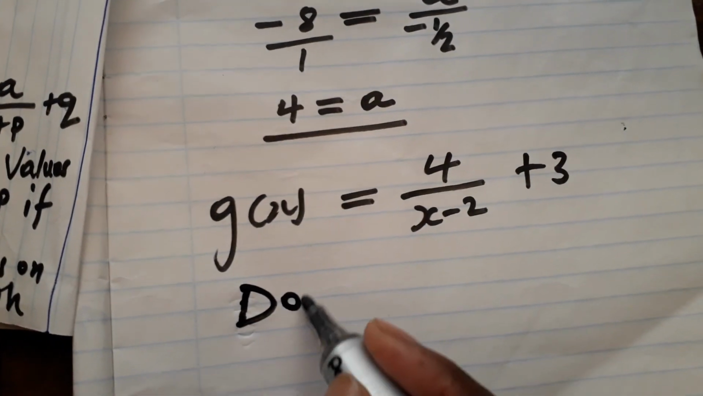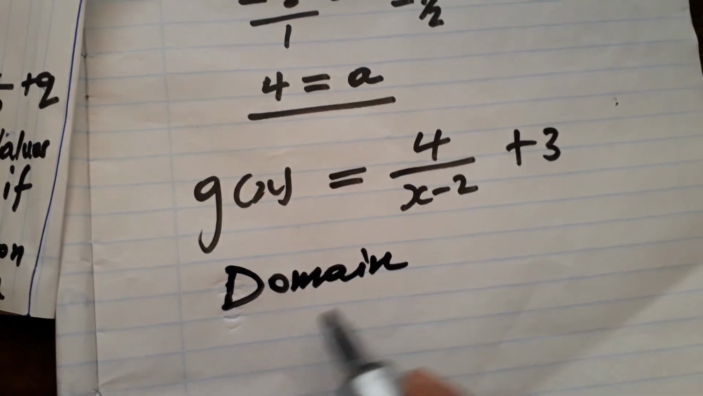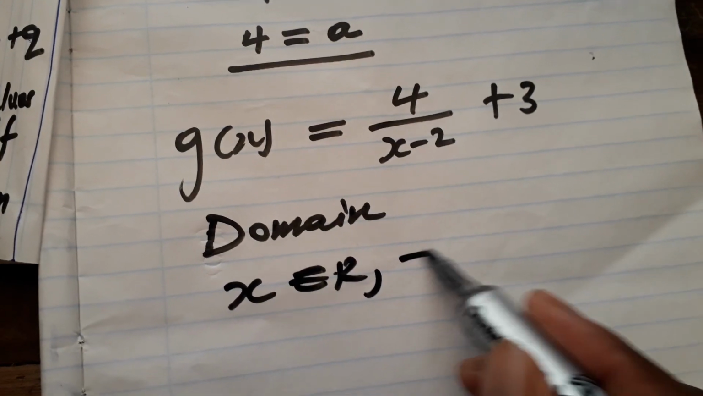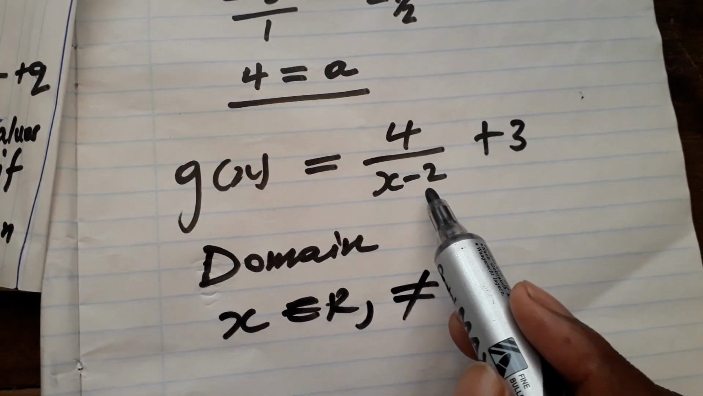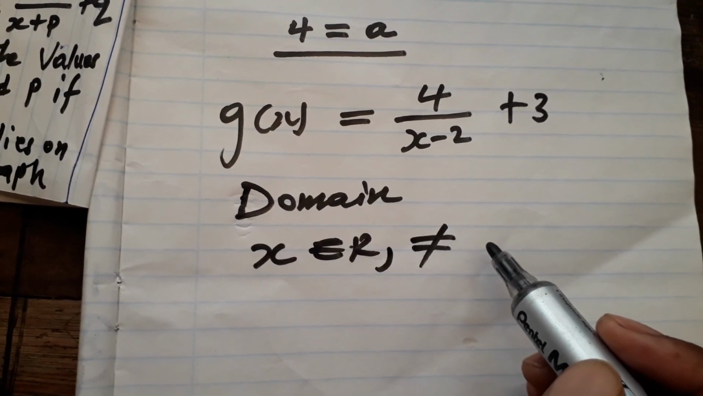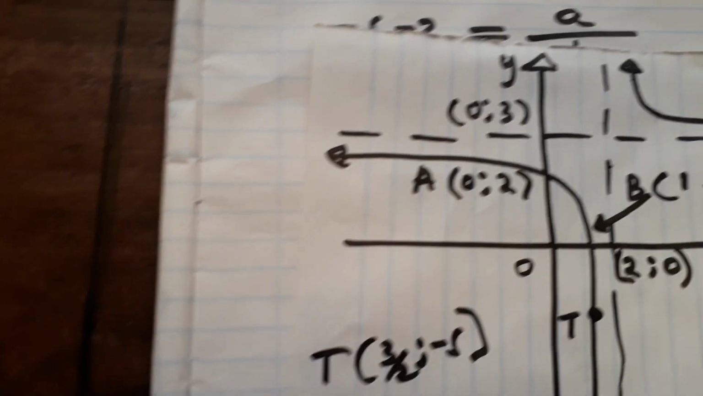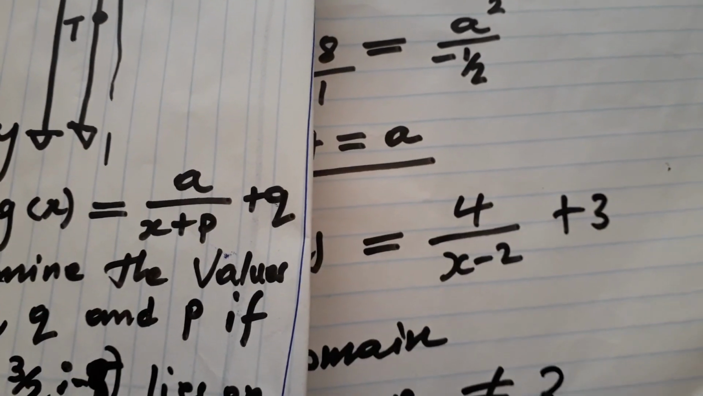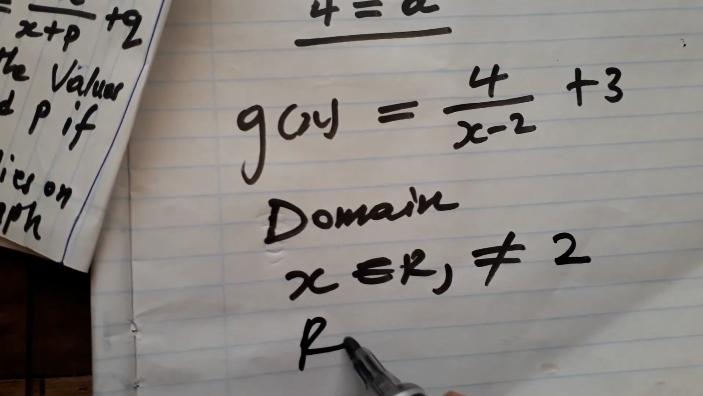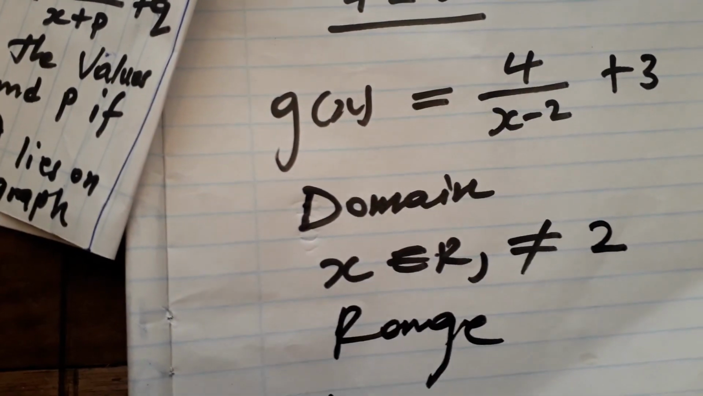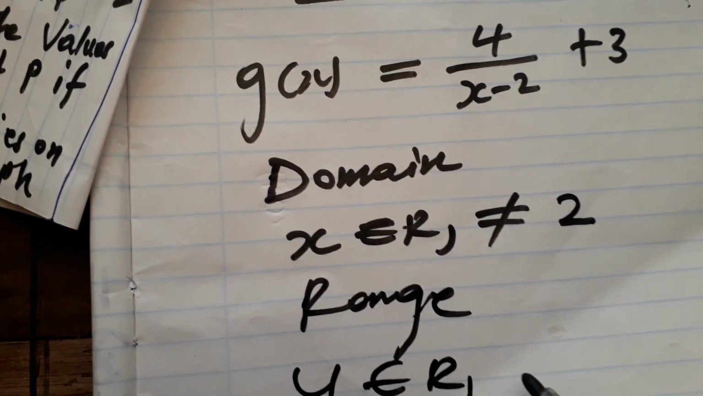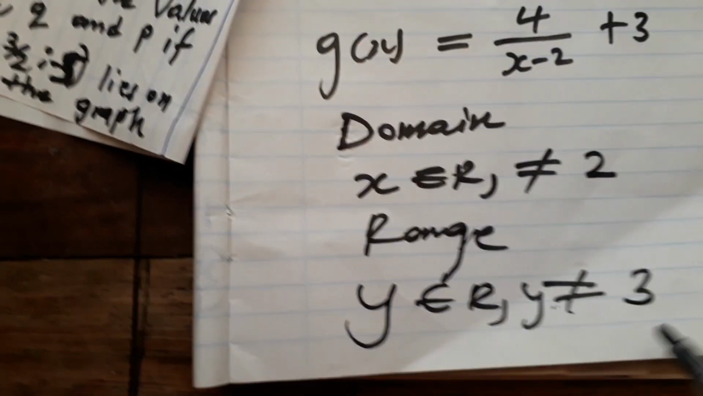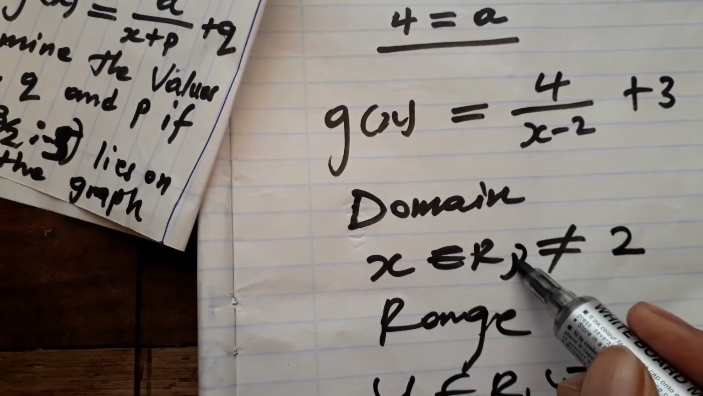So domain is going to be x is an element of all real numbers, but x is not equal to, this is -2. When it comes here, it's going to be positive. Oh, just look at the graph. The asymptote is 2. It means that you're going to write 2 here. And then the range, y is an element of all real numbers, but y is not equal to 3. Sorry, here there is x is not equal to